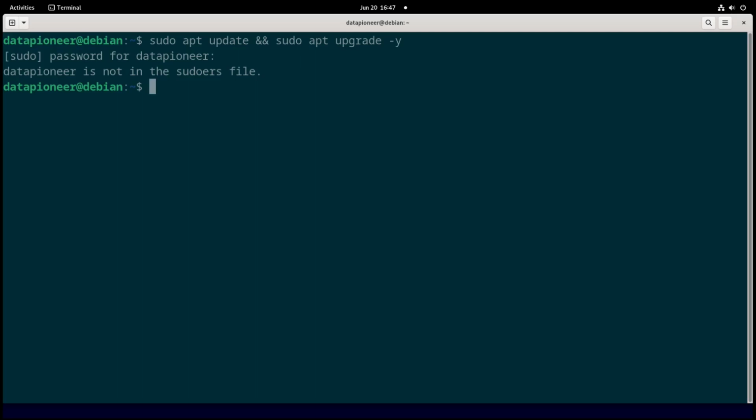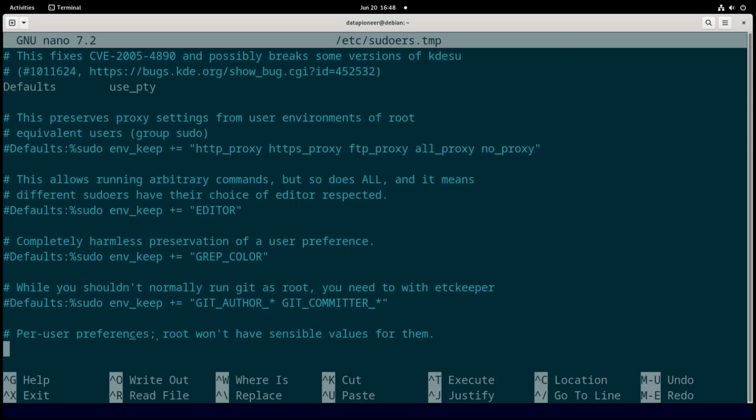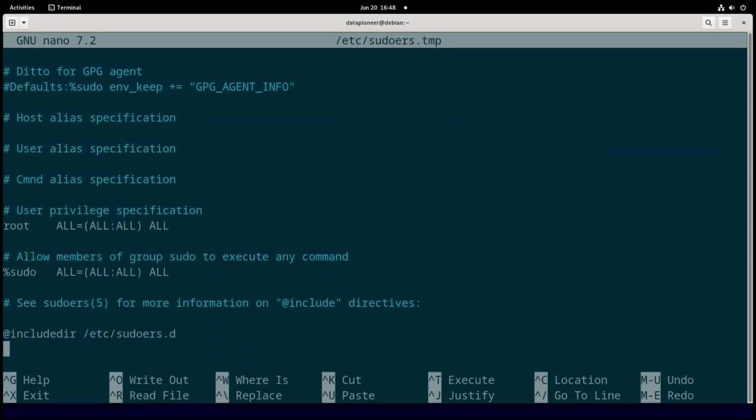And so to fix that, what we need to do is do a su to root. Yeah, we're logged in as root. Let's do a visudo. And it doesn't understand the visudo. Okay. Get into the sudoers file, and let's come down here to the section where you add individuals. I can do it by group, but I want to do it here by individuals. And so here I'm going to do Data Pioneer, tab, ALL equals ALL,